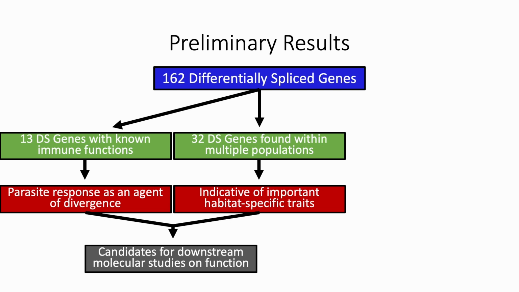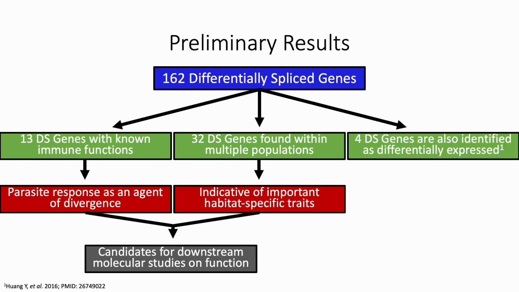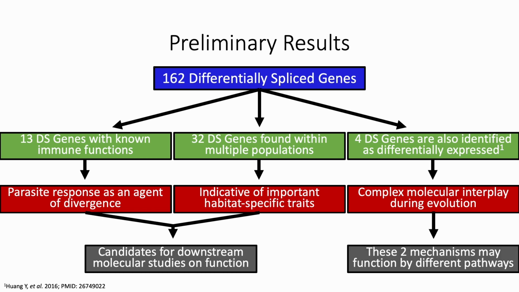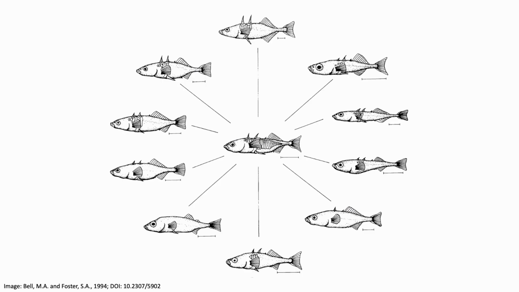Moreover, 4 of these genes were also identified as differentially expressed in a previous study, meaning their gene expression level was modulated. This highlights the molecular interplay of various mechanisms during evolution, and adds to the literature that these 2 mechanisms may function through different methods and pathways, which goes to the overall goal of this type of research, which is to better understand the process of evolution and how species